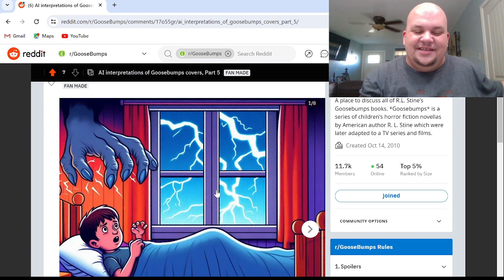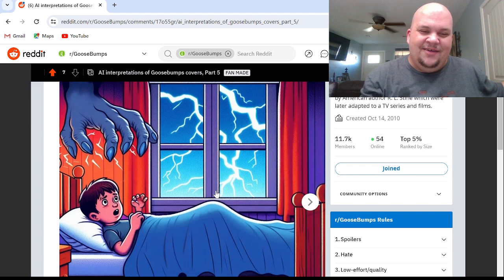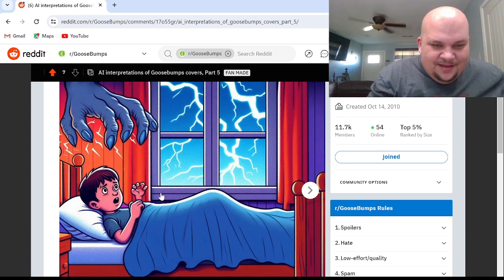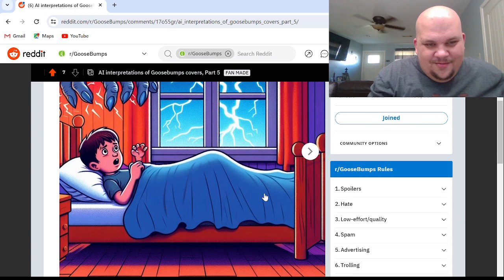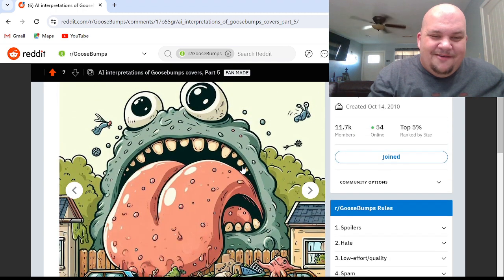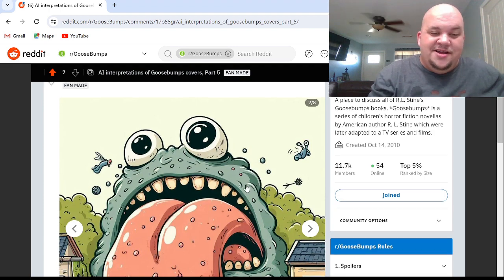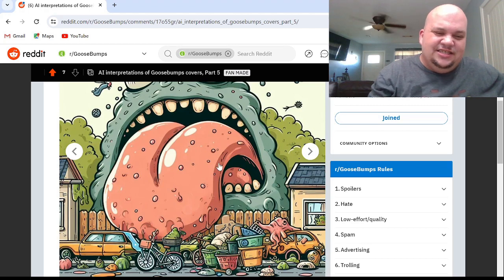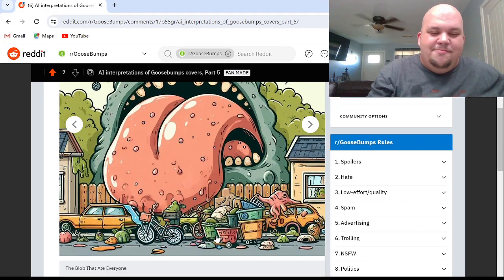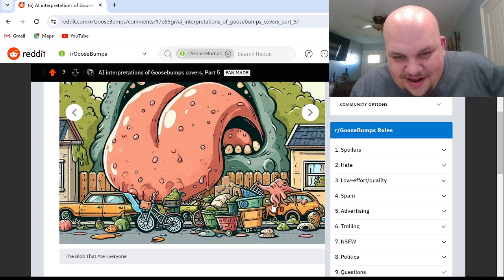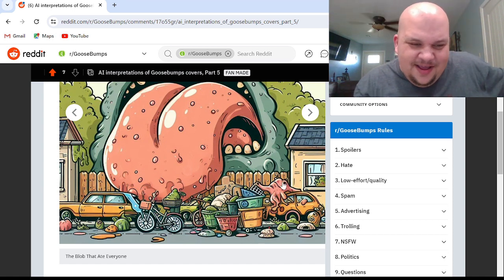How about 1, 2, 3, 4, 5, 6, and it's got 6 fingers. I know that's usually an AI thing. They usually give the hands extra fingers or something like that. But still really creepy. The Blob: this looks like if Cookie Monster ate Monster Blood, right? And he just turned into this massive blob. And maybe he's looking for some cookies in the trash can. And what is this weird? There's a little blob creature down here. What's up with that?